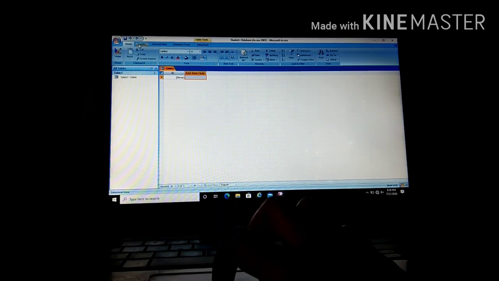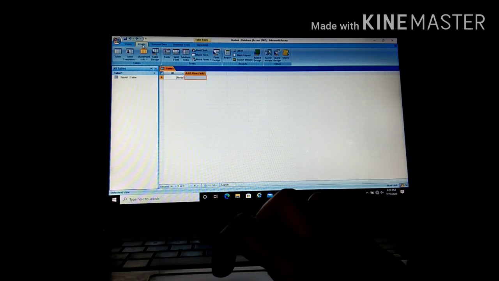Whichever tab we select, for example Home, you will see the different options available in your Home tab, and these all are the options in groups, like View group, Clipboard group, Font group, Rich Text group, Records group, Sort and Filter group, Find group. Like this, all the other tabs also have different kinds of groups.